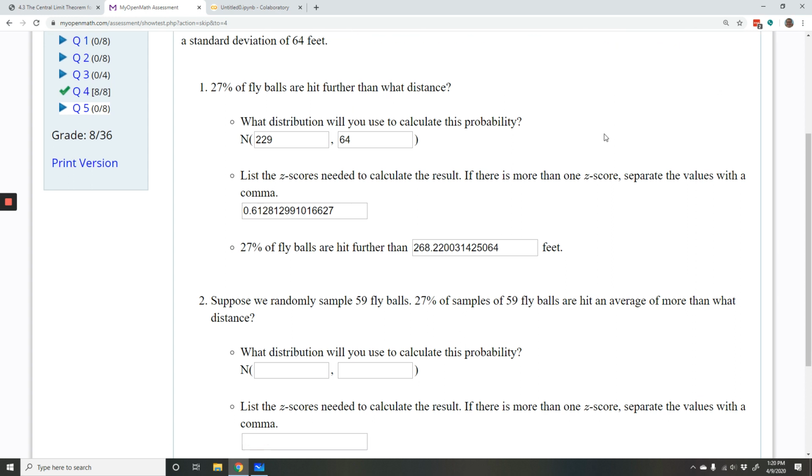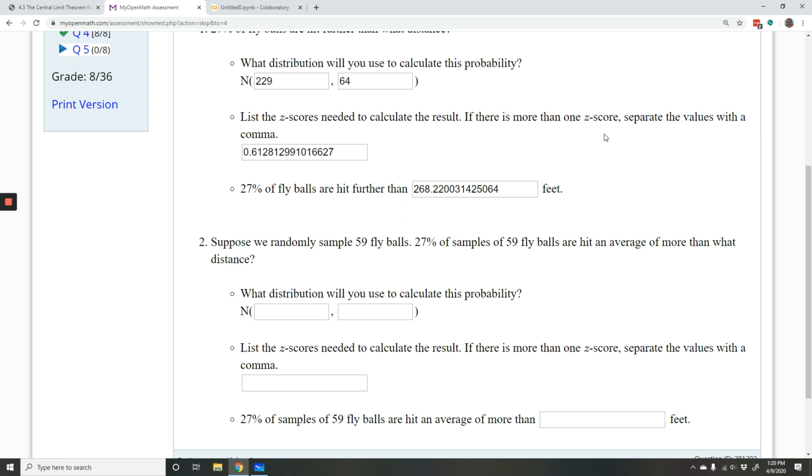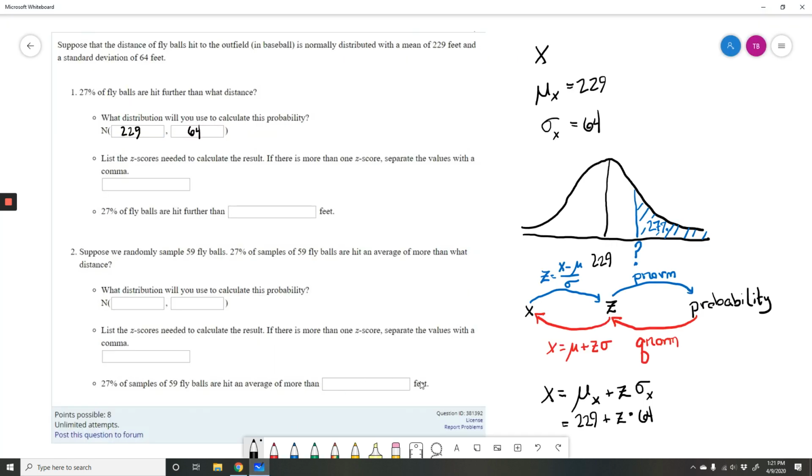All right, so part 2. We're doing almost the same thing, but now we're looking at a sample of 59 fly balls and looking at the average of that sample. Now, instead of looking at just one fly ball, we want 27% of samples of 59 fly balls are hit an average of more than what distance. Okay, so again, we're going to need our